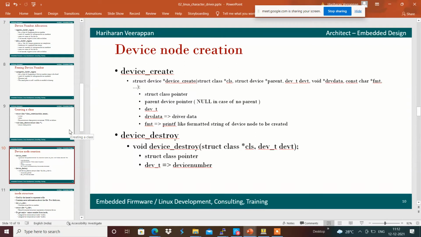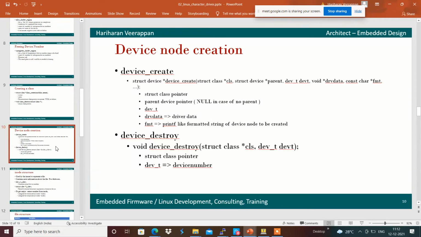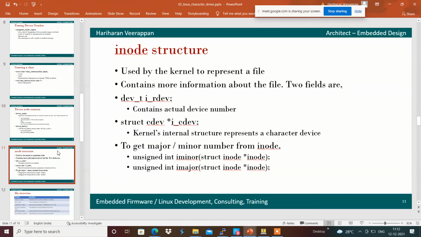Now we will add the file operations to the device driver. For the file operations, the Linux kernel represents each and every file in terms of a structure called inode.